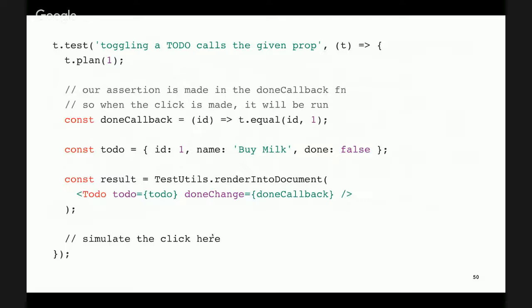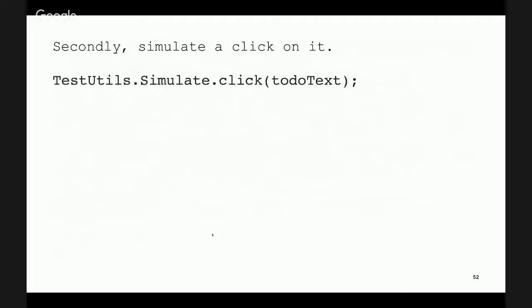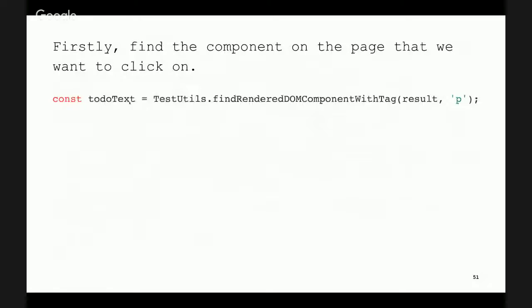And the final thing I need to do is actually simulate the click. To do that, we first need to find the element to click on. So we'll use the TestUtils findRenderedDOMComponentWithTag function. These are pretty snappily named, as you can see. They're quite long-winded, but they are very explicit, which is nice. We'll look in a minute at a library that actually wraps around these and gives us a much nicer way of working with this stuff. And finally, we'll simulate a click. So if we found this paragraph and stored it into the to-do text,